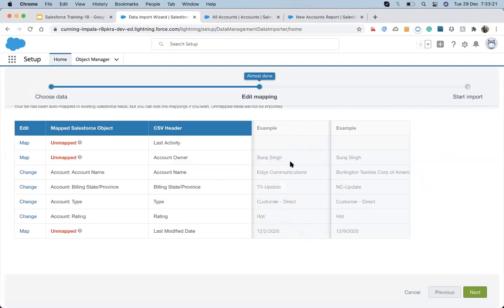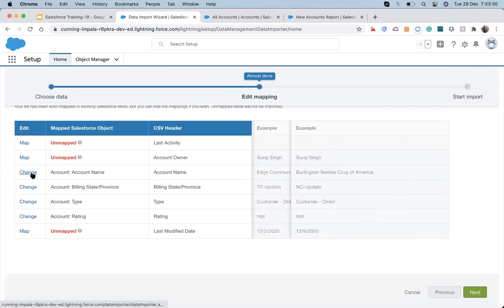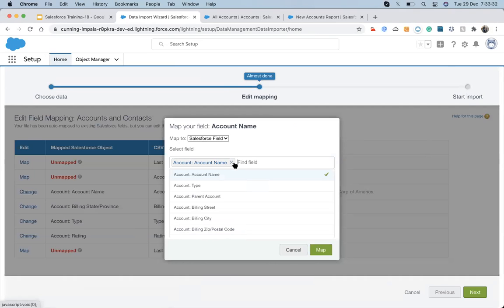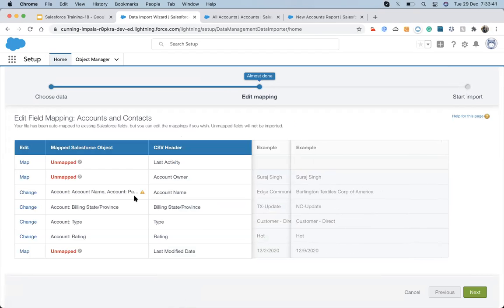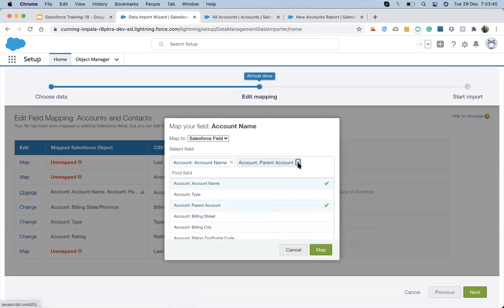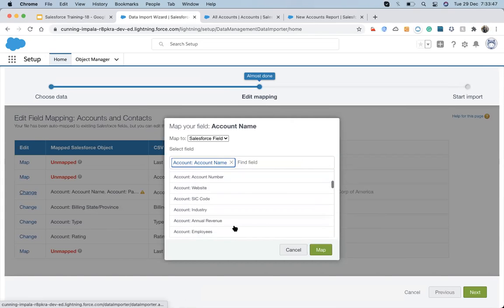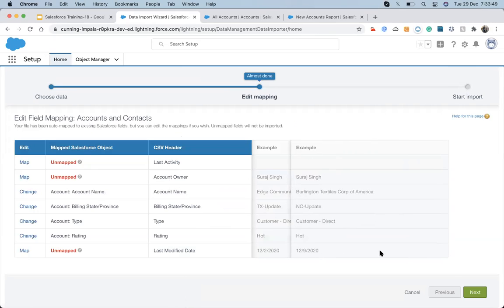And then it shows me an example from the file. So I just did the mapping, and if you need to change it, you can click up here and use any other field. So instead of account name, I can use the person account or some other fields. It will match with both fields and then do the mapping. So I will remove it since the account name is matching, and then I will hit next.